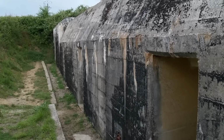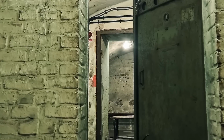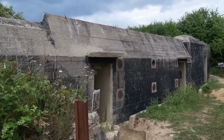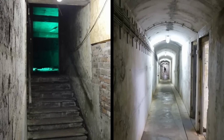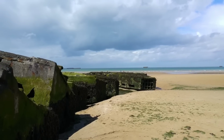enter these time capsules. He and his team dug through the dirt, found the doors, broke in, and then rooted around inside of the decaying structures for artifacts. The team investigated 2 large bunkers, each one with 3 or 4 large rooms. The rooms are connected by staircases and hallways, and they are all part of a much larger system known as